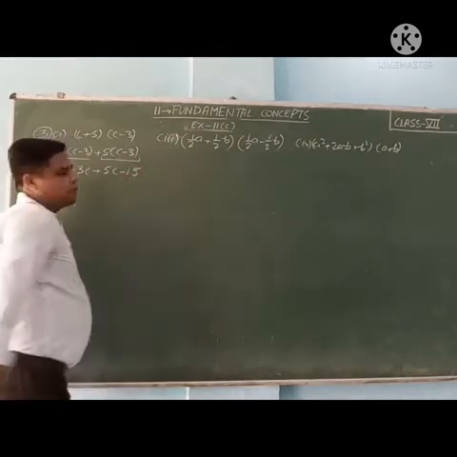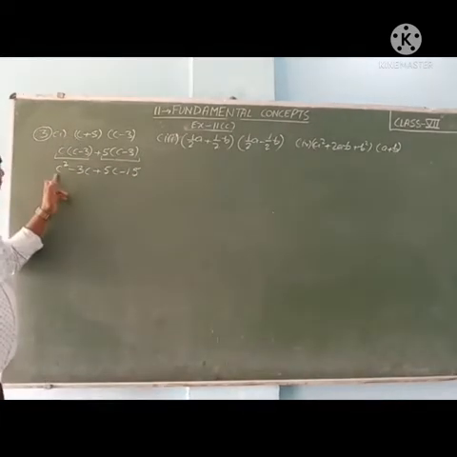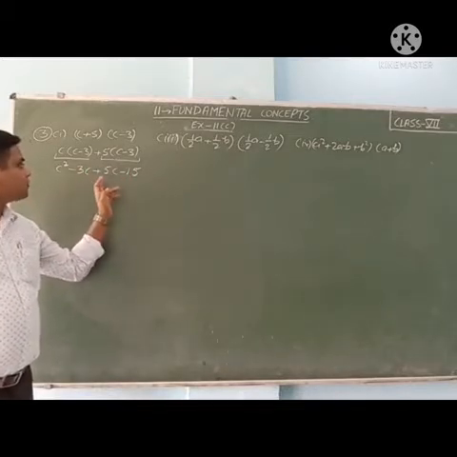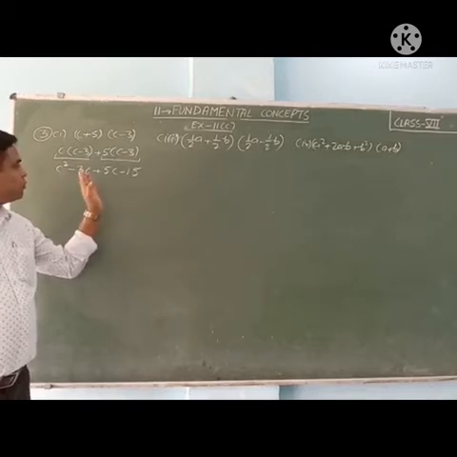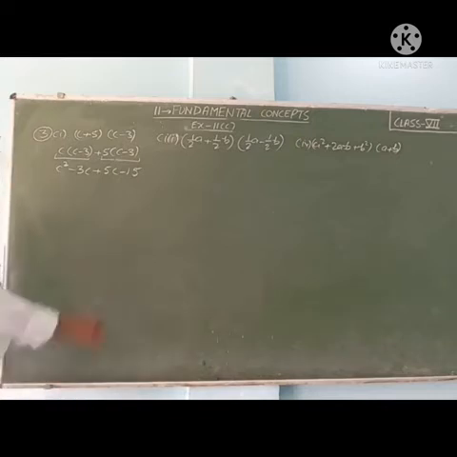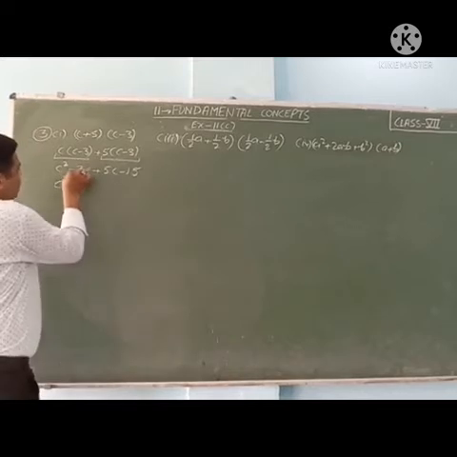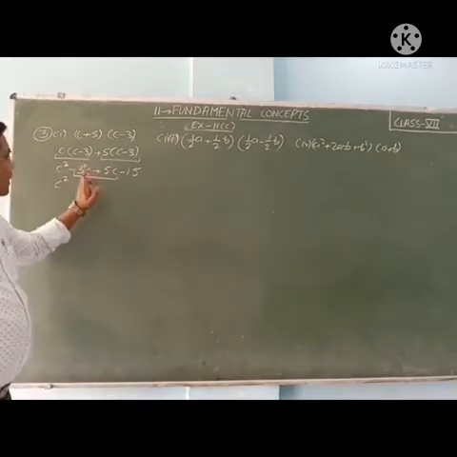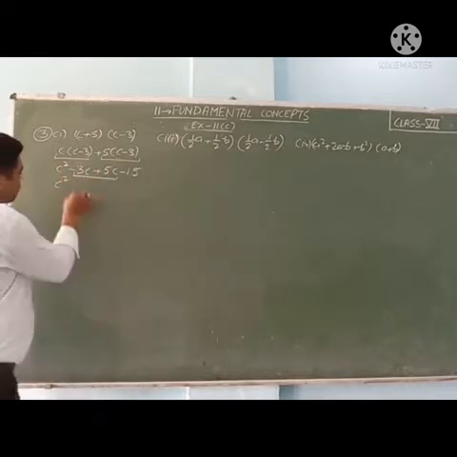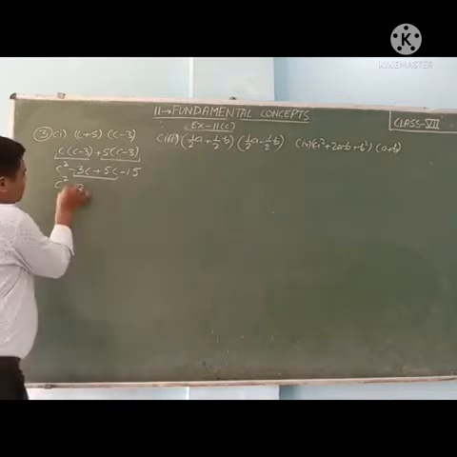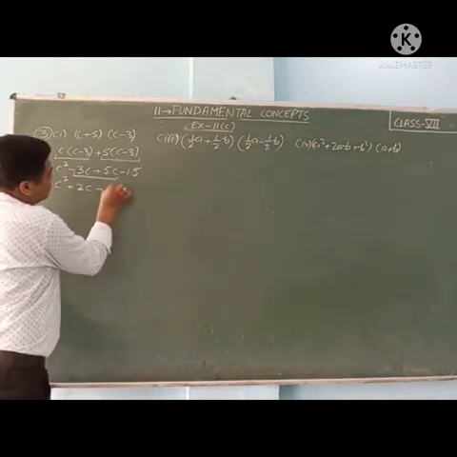So now we will see the like terms. So c square, any other c square? Minus 3c plus 5c, both are like. So this pair is like. So c square minus 3c plus 5c we can solve. Minus 3 plus 5, it will come minus plus minus, 5 minus 3, 2. Which number is greater? 5 is greater, having positive sign. So plus 2c. Then minus 15.